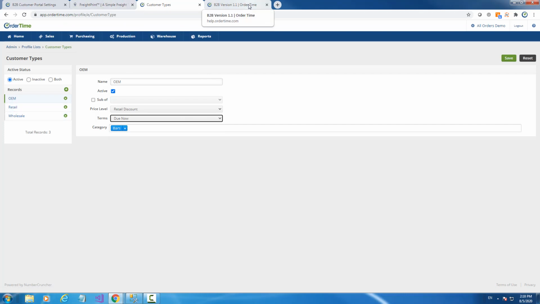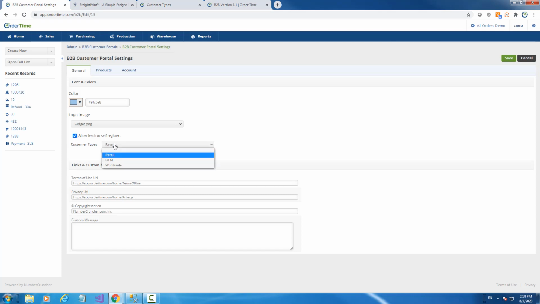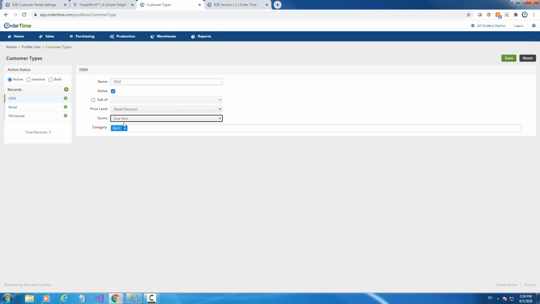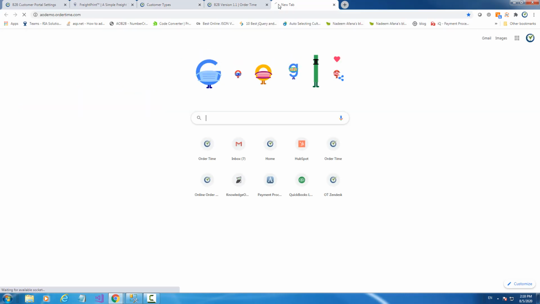So when you allow self-register, all you have to do is define the customer type, and it'll know what the terms are, what the price level is,